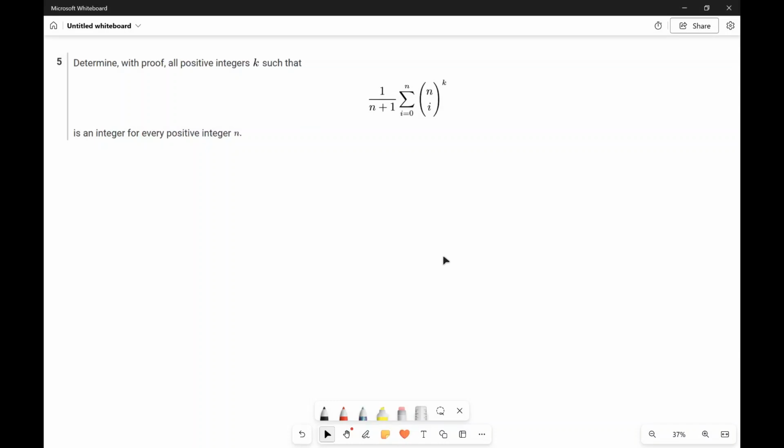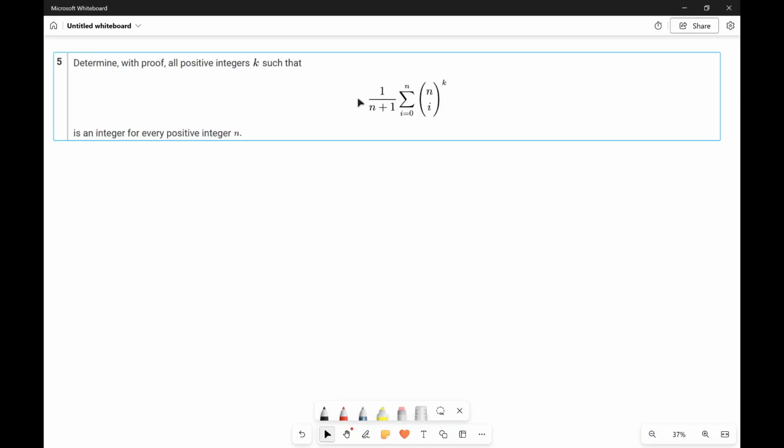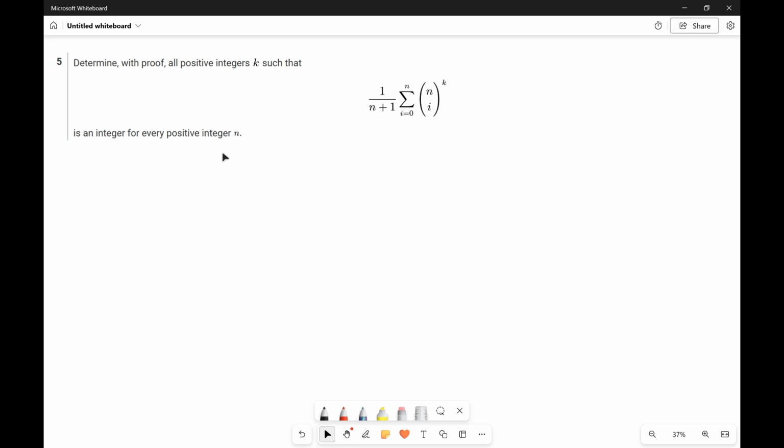Determine with proof all positive integers k such that this expression here is an integer for every positive integer n. So let's try experimenting with some small cases of n. So we can try out n equals 1,